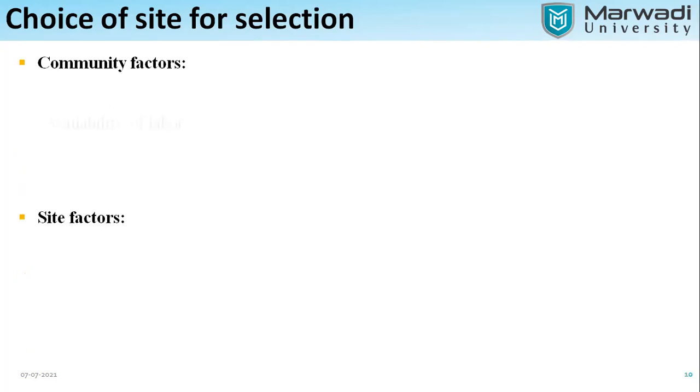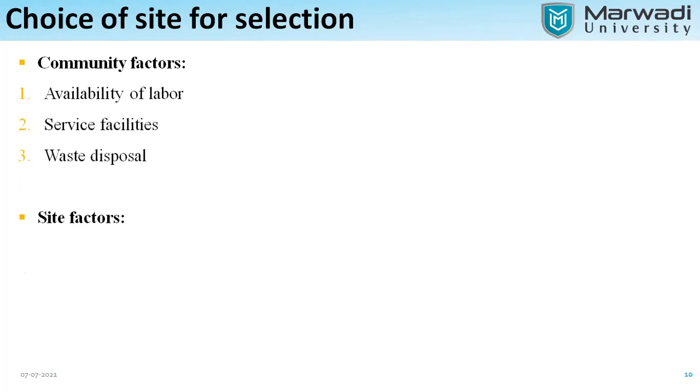What is the community factor and the site factor? In the community factor, availability of labor. Whatever labors we are having who are working in the industry, based on their availability, how you are able to select the site, how you are able to have the service facilities and the waste disposals. Services में क्या क्या चीजें आपकी available हैं और waste disposal के लिए क्या क्या चीजें चाहिए, ये सारी चीजें भी important हैं with respect to this. Same way availability and cost of land, कि जो लैंड अवेलेबल है वो सही है कि नहीं है और उसकी कॉस्ट क्या होगी, suitability of the land suitable है कि नहीं है.